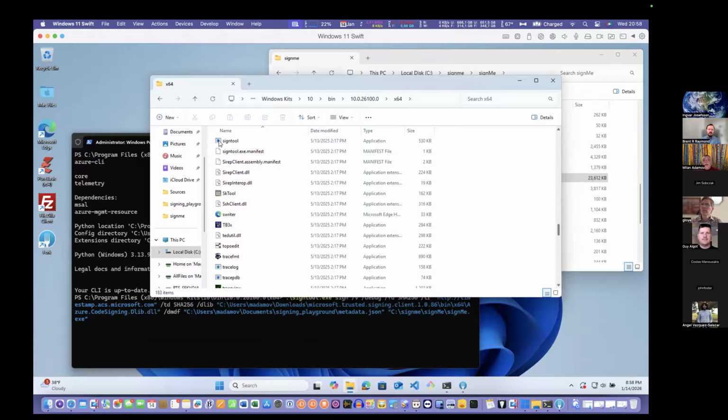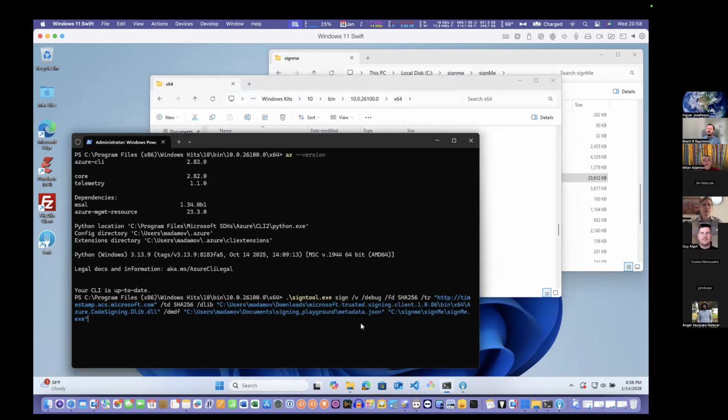So basically I'm calling this from PowerShell here. Then you have to do sign, do debug, and then you have to put a timestamp. Remember, the certificates need the timestamp, when did you sign it, so it can find the active certificate.